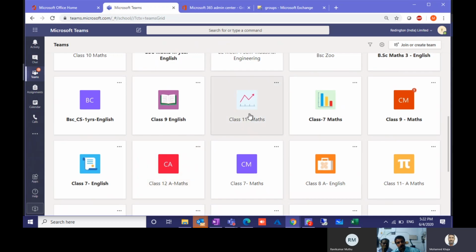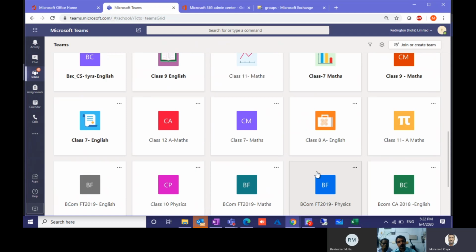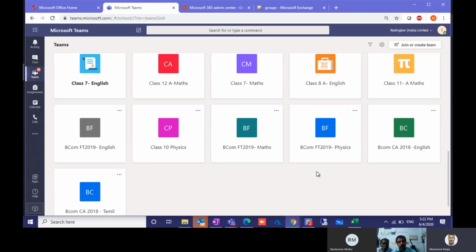See, when I create 11, it means that it is a combination of A, B, C. If I create 8A, it is only for 8A students. You understand? Likewise, you can create. Is that clear? It is clear.